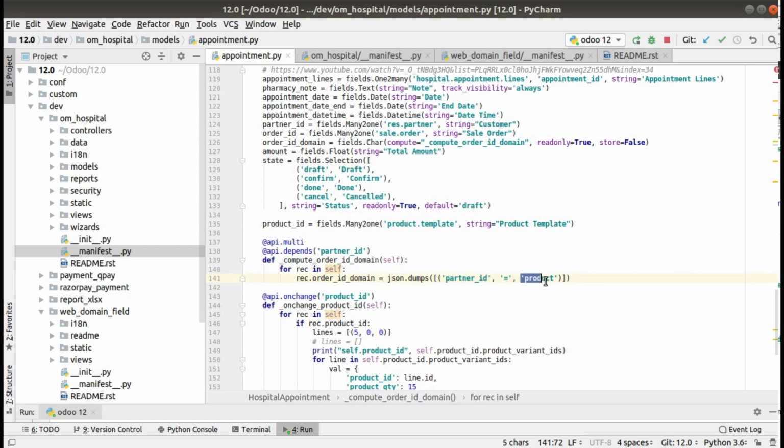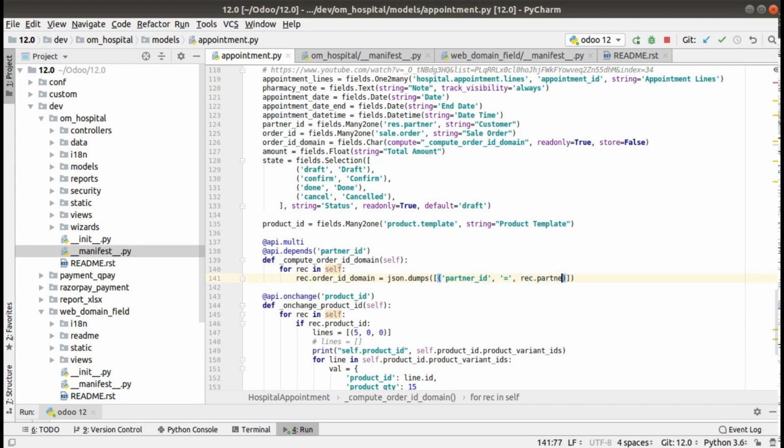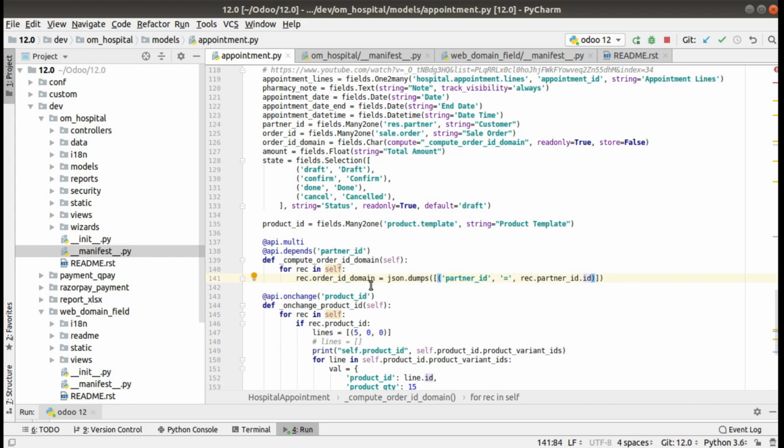I can get the selected partner from rec.partner_id.id. So simply I have returned the domain like this based on the selected partner id. So I'm saying that order_id_domain should be partner_id equal to rec.partner_id.id. So we have defined a field and its computed function.